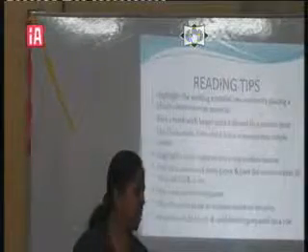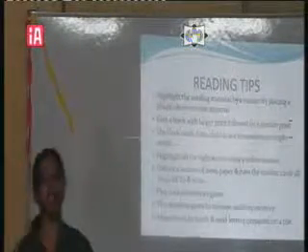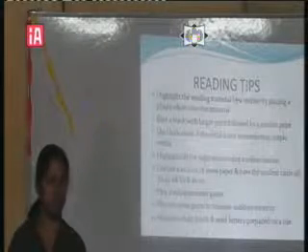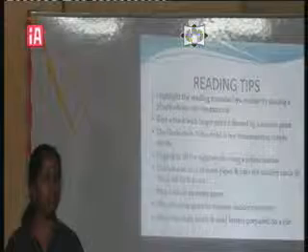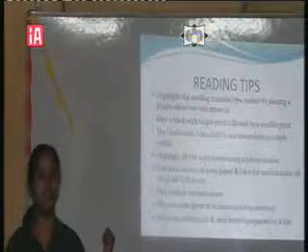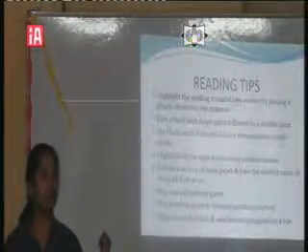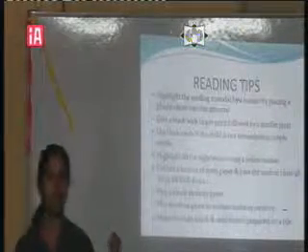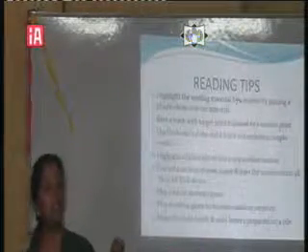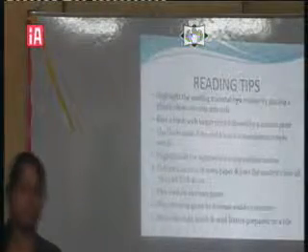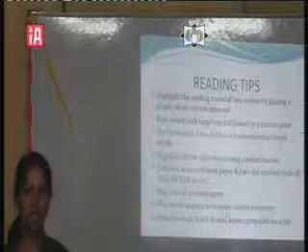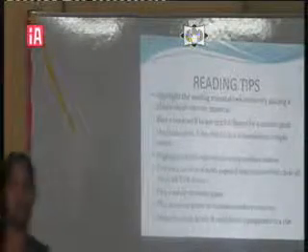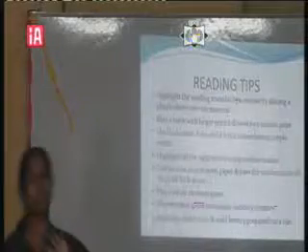And apart from that, highlight all sight words using a yellow marker. The color is of your choice. There is no standard color coding in this. Any color you can use. If you remember the video, she also had used different colors for the sight words, different colors for the pictures, and different colors for the consonants. The same way you can use different colors, but you tell them, for the sight words I am using this color. Then you color those sight words so that it's easier for the child to read.